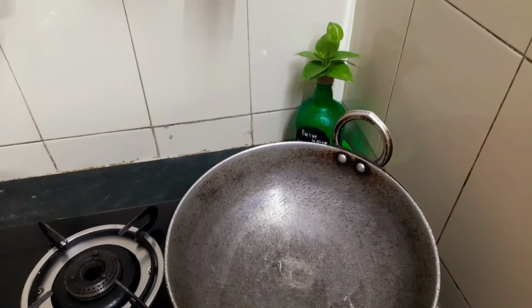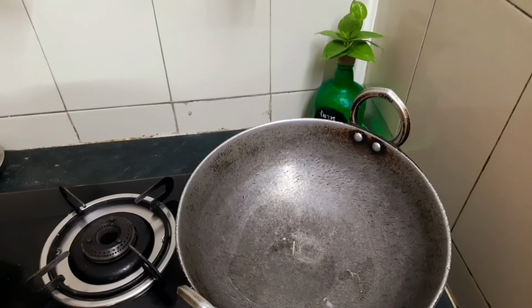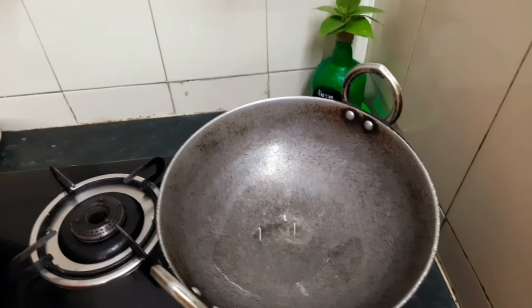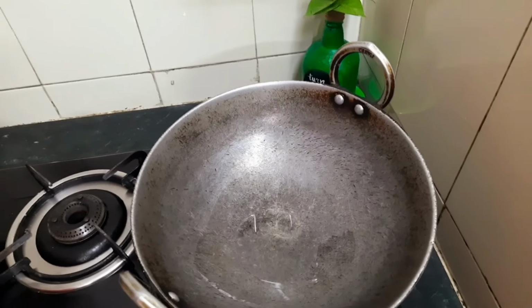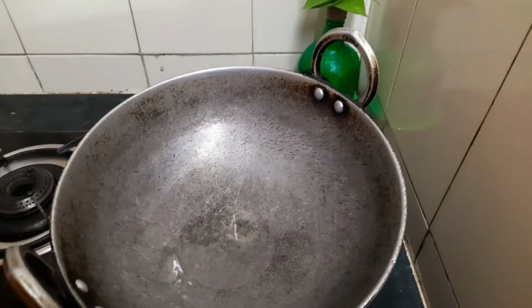Guys, I actually forgot to add mustard seeds, but you have to add the mustard seeds. I forgot to add that, so I directly added the onions. So what I'm going to do now is add my onions. So first,